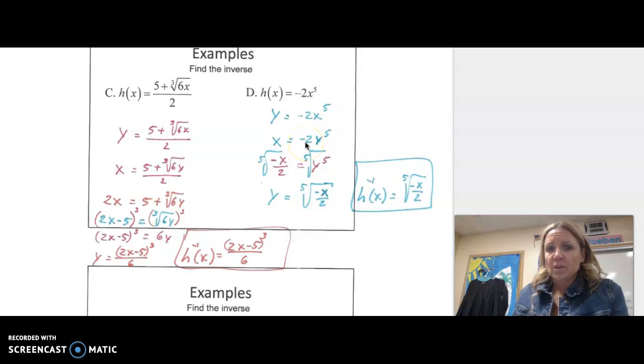All right. First thing we want to do is the inverse operation of multiplying by -2, which is dividing by -2. And you can either put that negative sign here or here. It technically doesn't matter. And then the inverse operation of the 5th power is the 5th root. So we're going to take the 5th root of both sides. So the answer looks like this, except you need the fancy notation. So you change the y to the inverse of h of x equals the 5th root